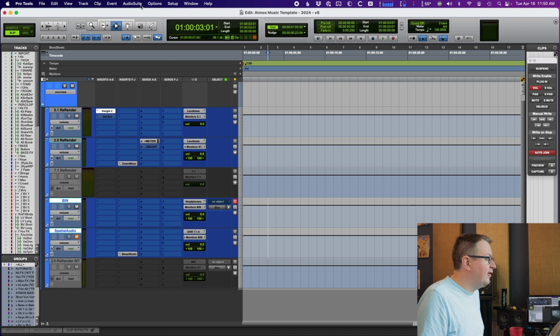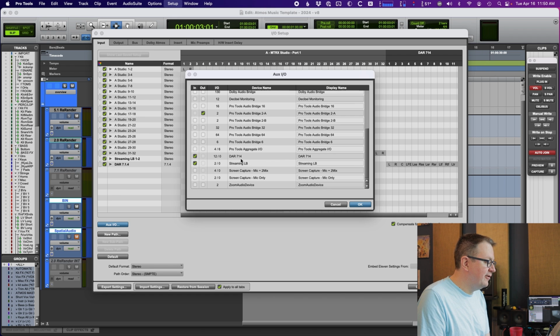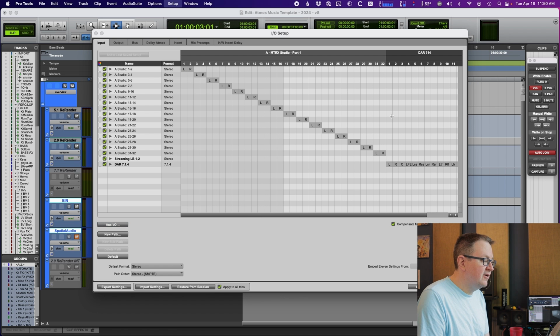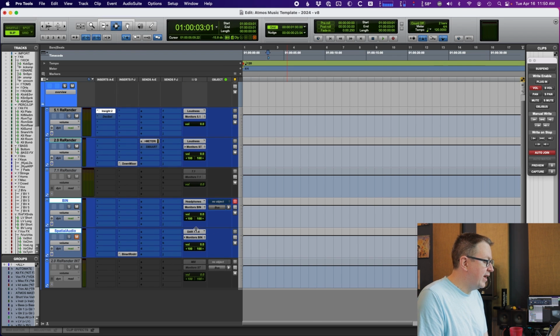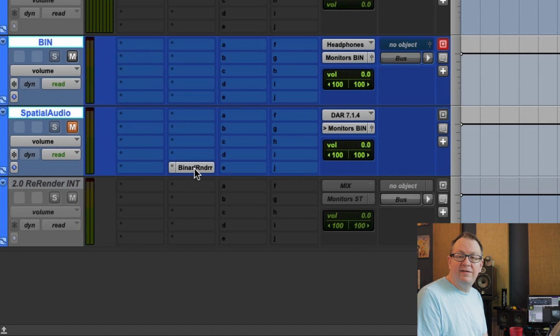And then if I go up into my I/O, let's go over to input. If I look in the aux I/O, right down here, this is that Dolby Atmos Renderer 714. That is my Dante coming back in, which shows up here as an input. And I have it labeled as DAR, so it's the Dolby Audio Renderer 714. So that comes back in. I set that as an input, so I get my 714 back in,